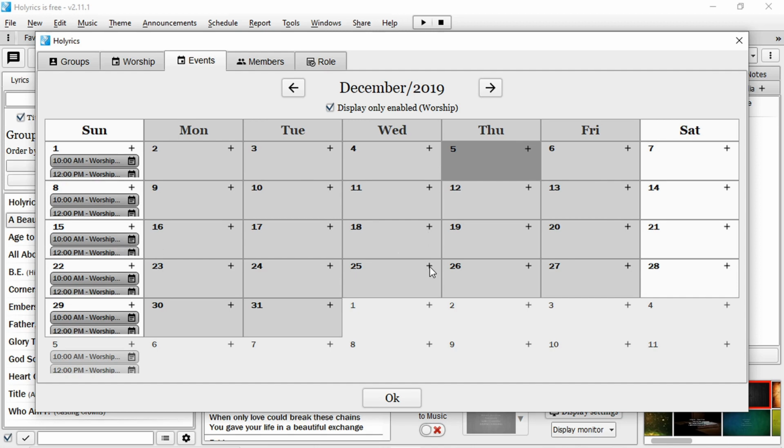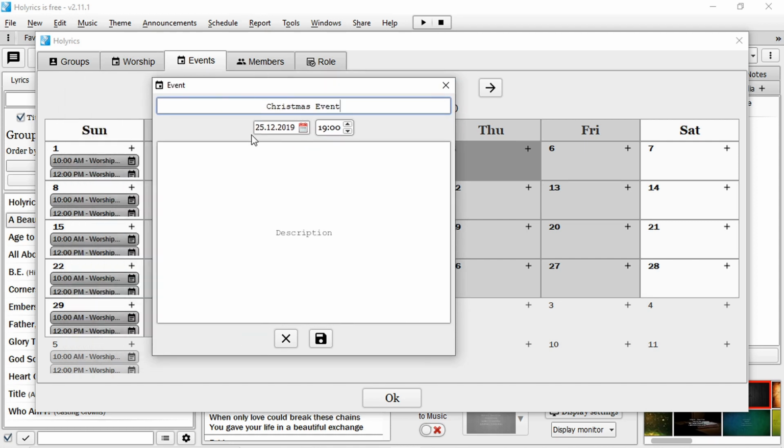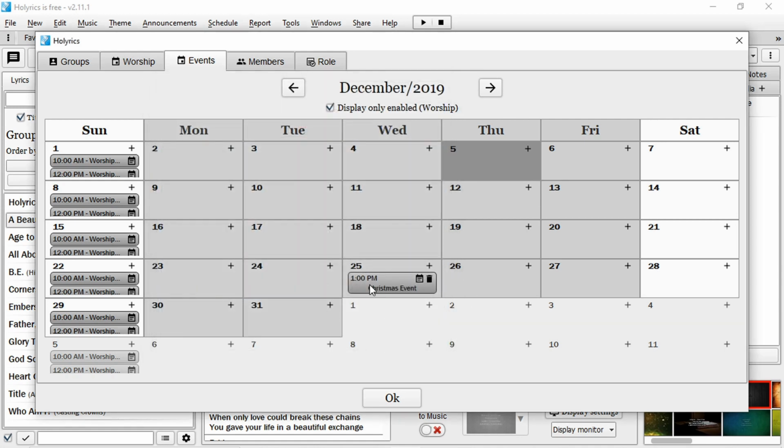But let's say I want to create a Christmas service. I click this add button. I input the name of the service or the event. Let's call this event, just because we are on the event tab. We select a date and a time. Let's say this is at 13, this is military time. And we can input a description if we want, and once we click save, it will stay here like a